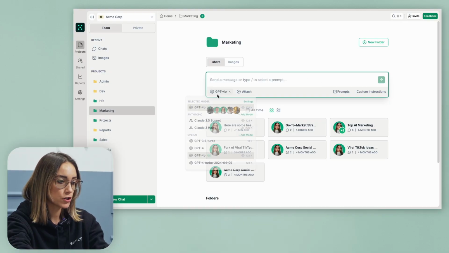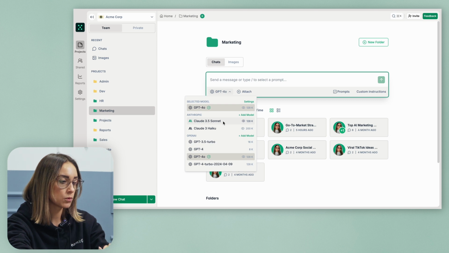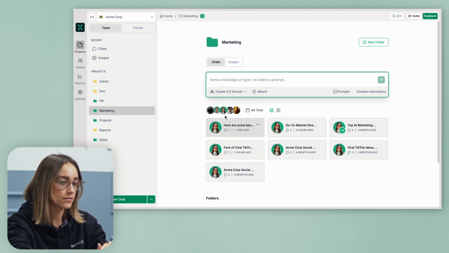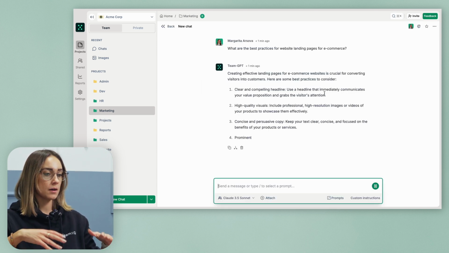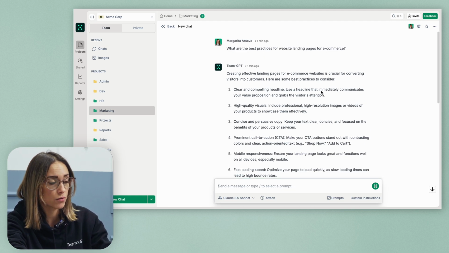First, I'm gonna choose the model I would like to chat with inside Team GPT. I will choose Claude 3.5 Sonnet. The first prompt I'm sending to the model is what are the best practices for website landing pages for e-commerce. Why e-commerce? Because of our product, because of EcoTrek, I would like to build a landing page for an e-commerce